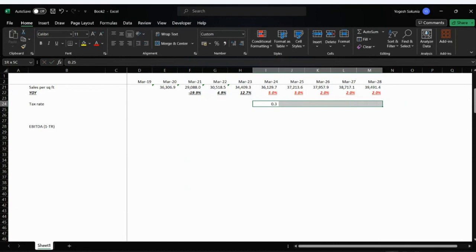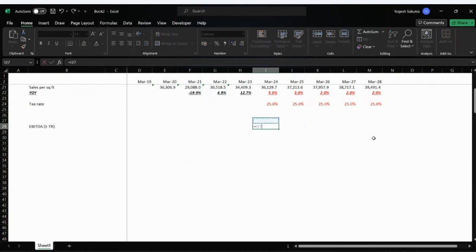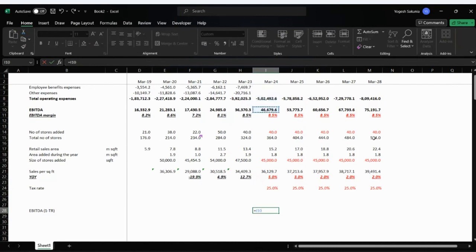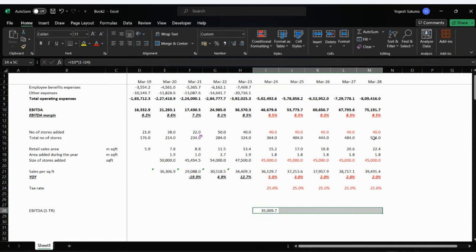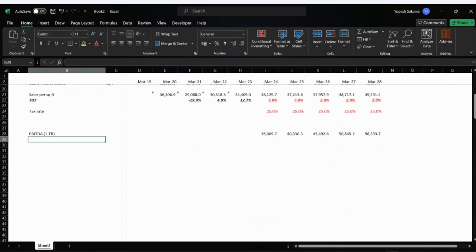So we will stick to 25%. I'm going to take up the questions towards the end of this. So we can just do EBITDA into 1 minus, as I said, ideally you would have done EBIT into 1 minus tax rate, because it was mentioned we are doing EBITDA into 1 minus tax rate. To this, obviously, if you had started with EBIT, you would have added depreciation,